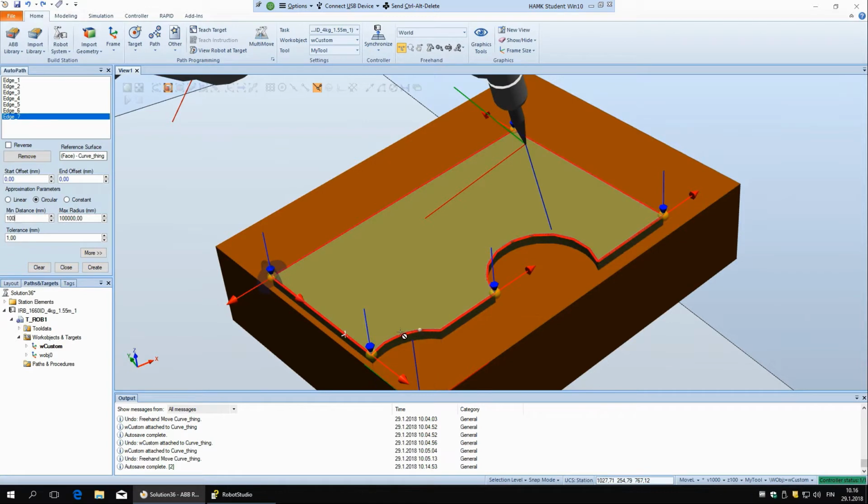But we don't want that, because now it can't approximate these arcs correctly. So we will put it back to 1 as it was before, because it doesn't use this 1 millimeter anyway, because this is the minimum distance, but then the software will assess on its own what it actually needs. And then here this maximum radius is the maximum radius of a circle that the software still understands as a circle, because a straight line is basically an arc with an infinite radius. So that's why we have to say this maximum radius, because